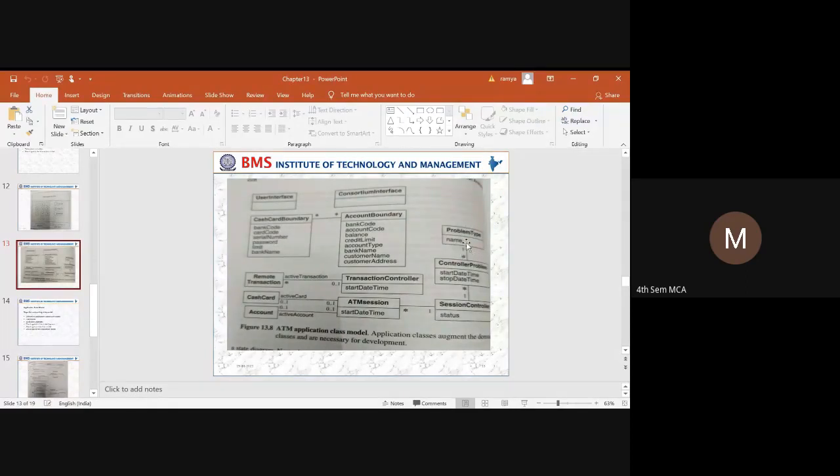For one problem, it will be moved to n number of controller problems. It will identify when the problem was taken and whether it is solved or not. It can be a status, or a suggestion, when the suggestion was given or when the problem has been solved. Next thing is the session controller. The n number of controller problems will be sent to one session controller, and the session controller has to resolve the problem. Whether the problem is resolved or not is identified through the status.